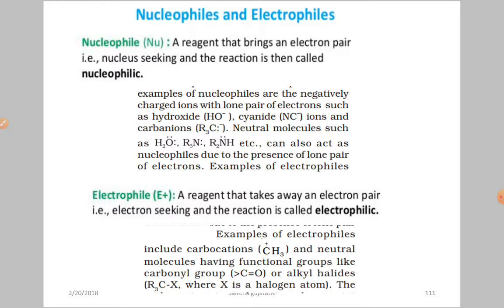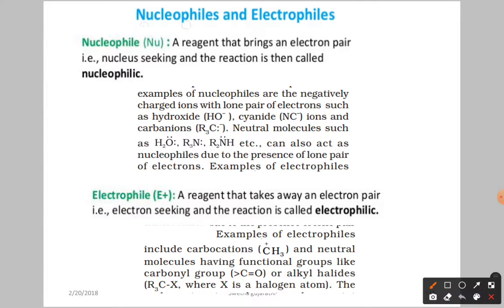So already we came to know what the substrate and reagent are, and what the intermediates are. Here we discussed the three types of intermediates: carbon with a positive charge called a carbocation, carbon with a negative charge called a carbanion, and carbon with one electron called a free radical. And in that we already covered methyl carbocation, primary, secondary, tertiary carbocation, isn't it, and the carbanion and free radical were also discussed. Now we have the next terminology, that is called nucleophile.